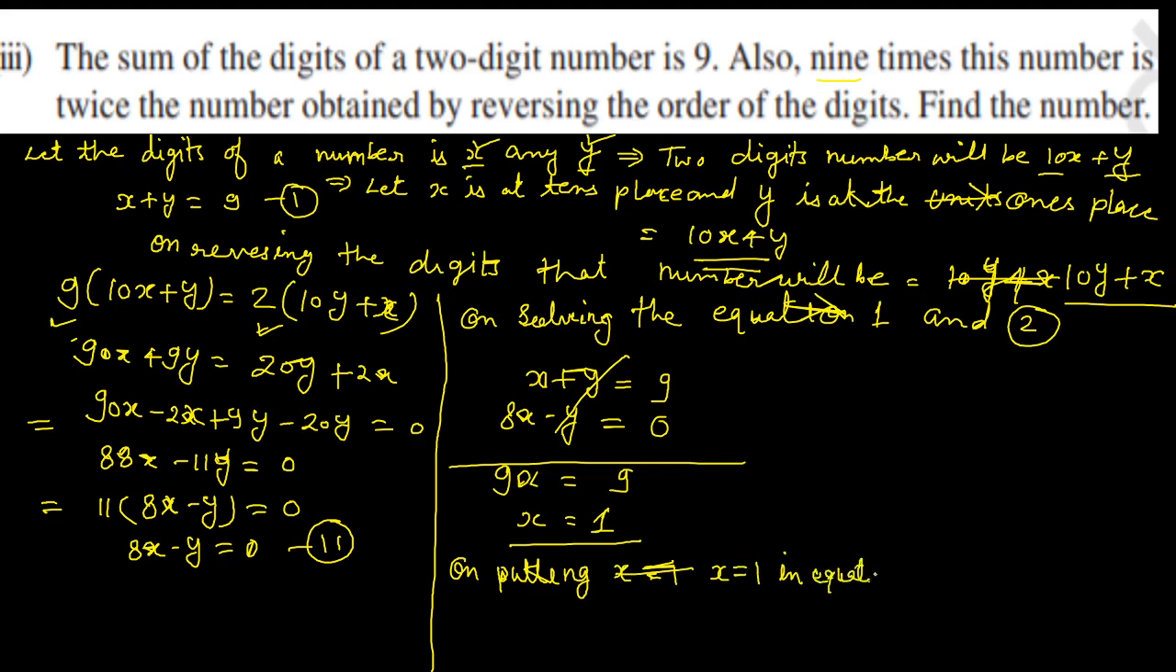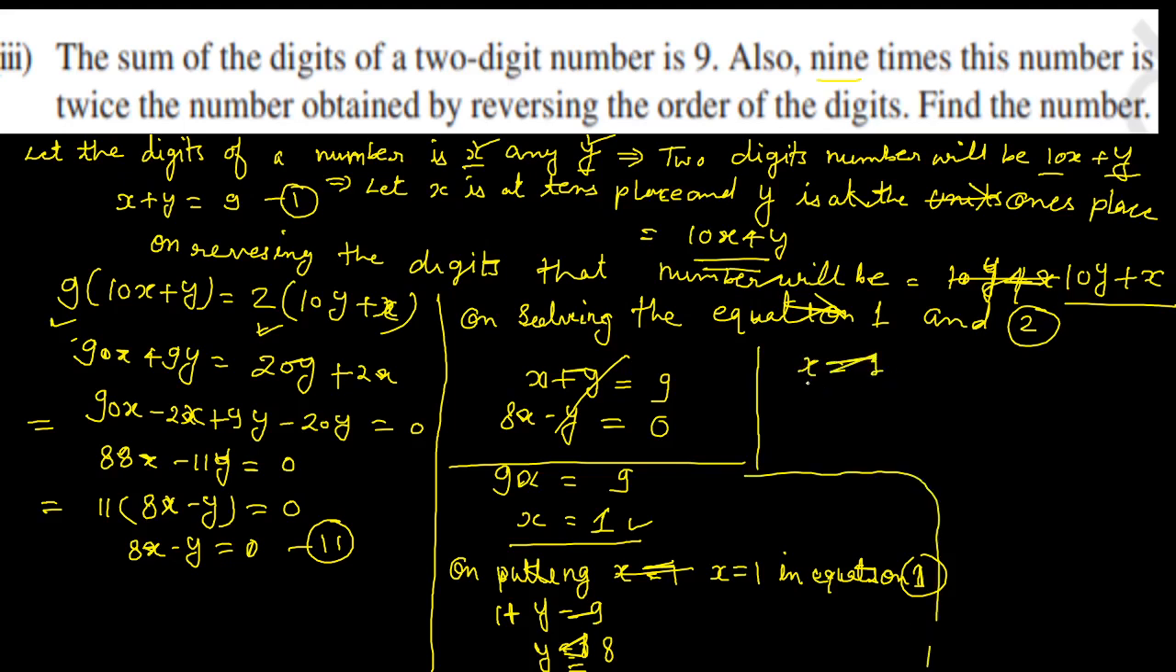Equation 1, ये चीज़ तो आपको आती होगी. इसमें जब भी हम किसी भी एक वेरिएबल की वैल्यू मिल गई, हम किसी भी इक्वेशन में पुट कर दें. So 1 plus y is equal to 9, so y is equal to 8. यहाँ से हमको मिल गया, देखिए, x is equal to 1 and y is equal to 8,